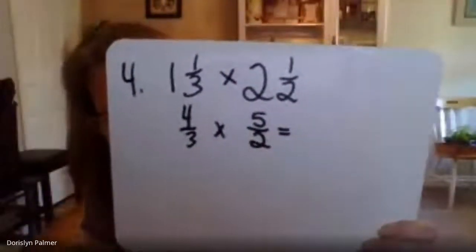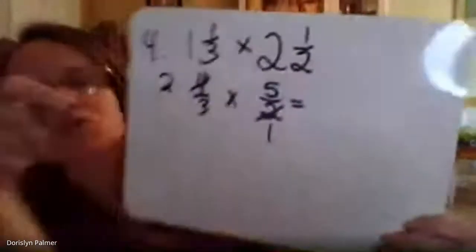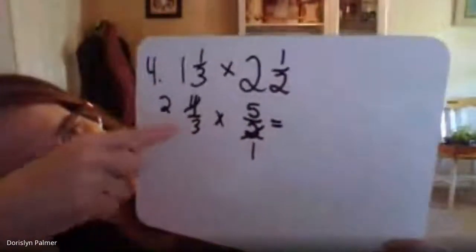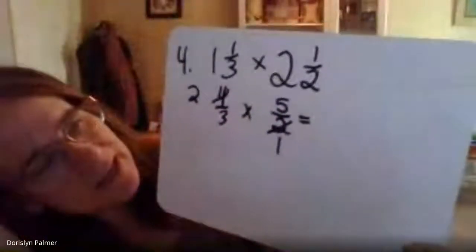Wait, Mrs. Palmer, I understand that you're doing the problem, but is the answer 3 2/6? Yeah. Okay. All right. I'm going to multiply straight across. I could reduce if I want, so I probably will because Mrs. Palmer likes doing that. So I'm going to cross out my 4 and make it a 2, cross out my 2 and make it a 1. I divided both of those by 2, okay? And now let's multiply straight across. 2 times 5 will be 10, and 3 times 1 is 3. So we're going to have 10 over 3.